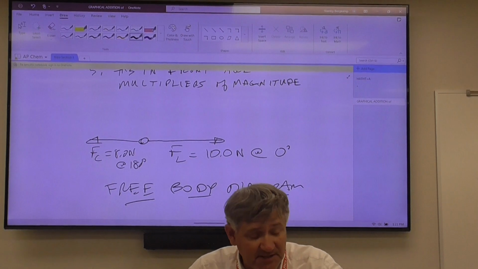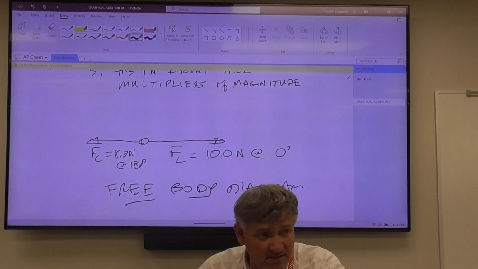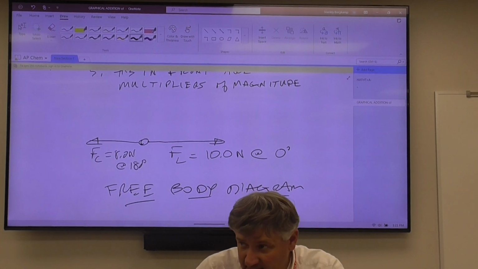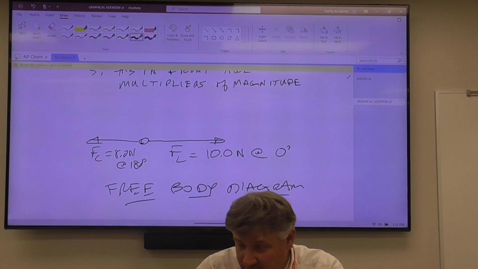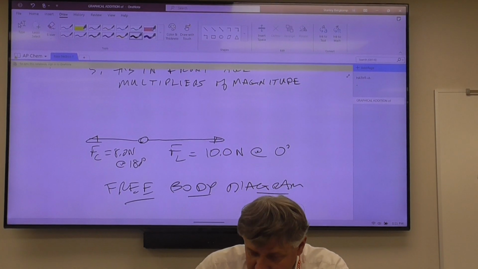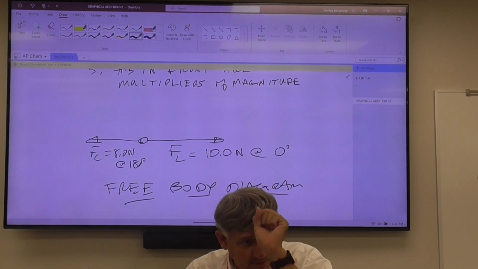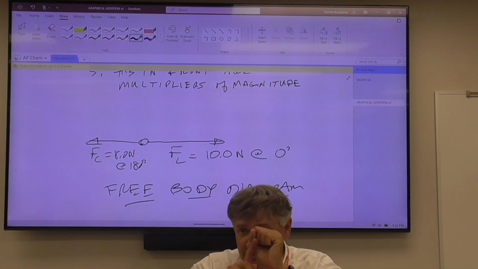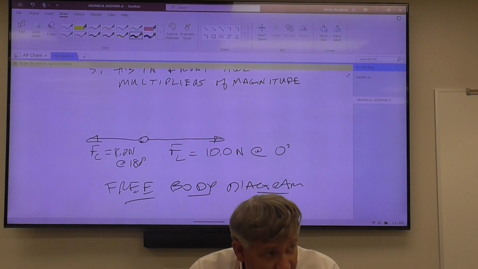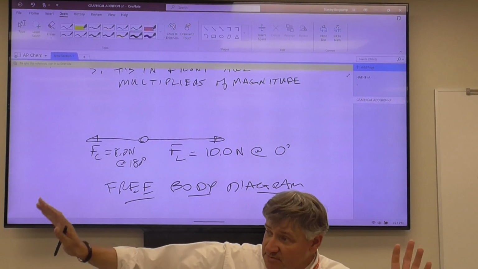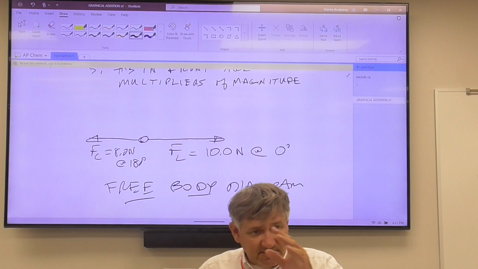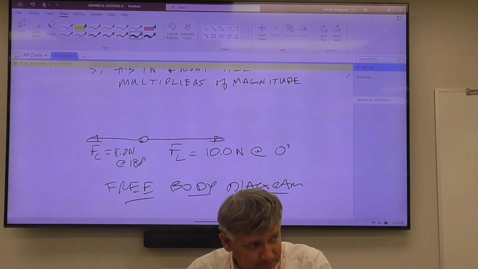If you want to go into engineering, you're probably going to take a class called statics, which is 18 weeks of doing nothing but analyzing vector diagrams and loads and things like that. So, as a free body diagram, you treat the object as a point and you draw all the forces that are acting from it. This is not the tip to tail method. This just gives us a visual about what's happening. Now, to actually do this tip to tail method,